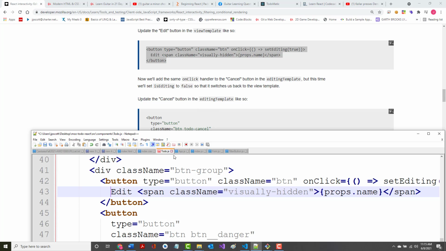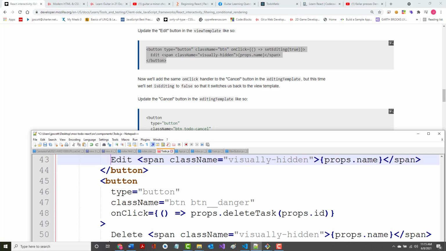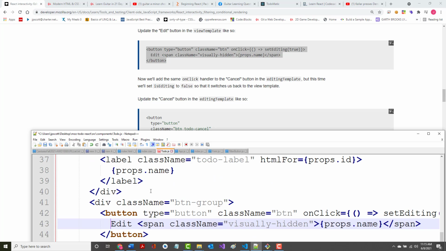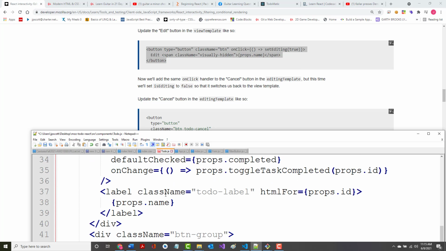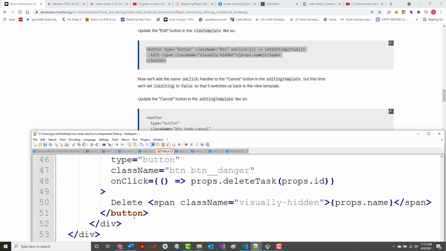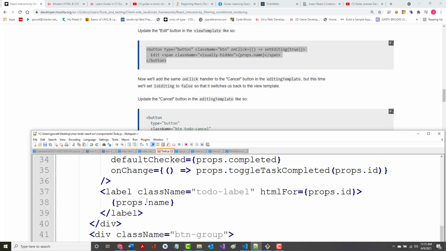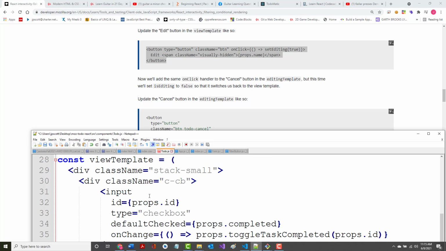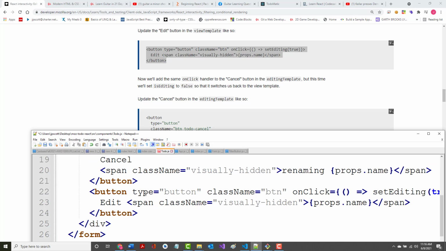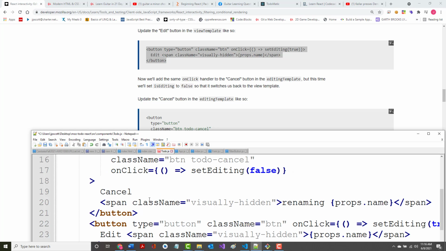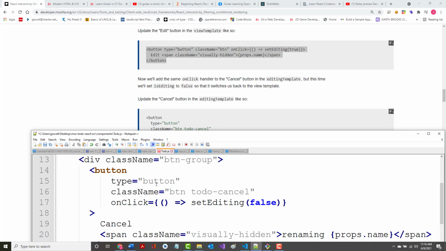Update the cancel button in the editing template. So there's the delete. What's that one? So we want to go to the editing one. We want to find the cancel. Type equal button, className equal btn todo-cancel, onClick, setEditing